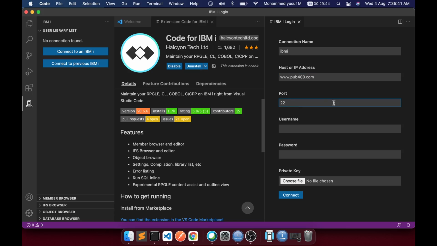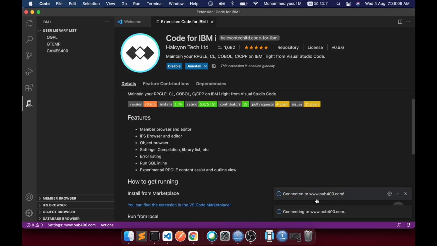How it works is that VS Code connects to the server using SSH, and then the commands get executed. As we know, for PUB400, we need to use 2222 as the port, and then just give your username and password. Then click connect. Quickly we should be able to see the connection is successful. Connected. Now the magic begins.